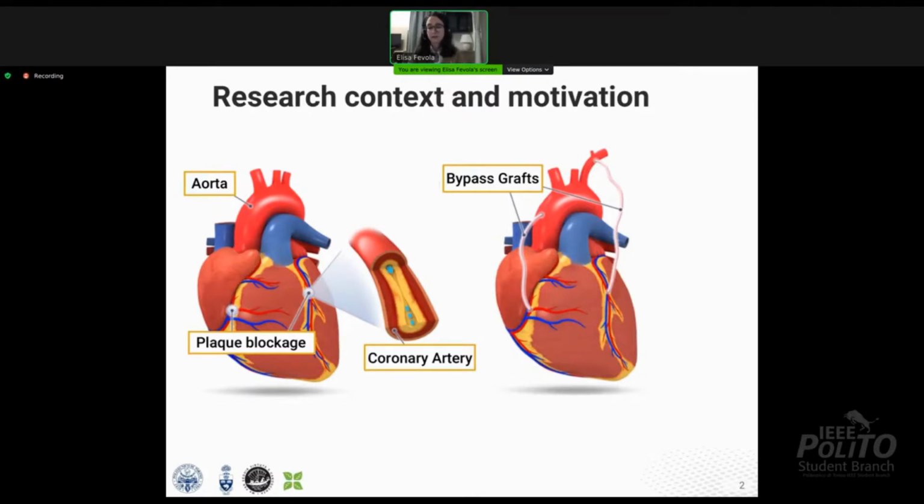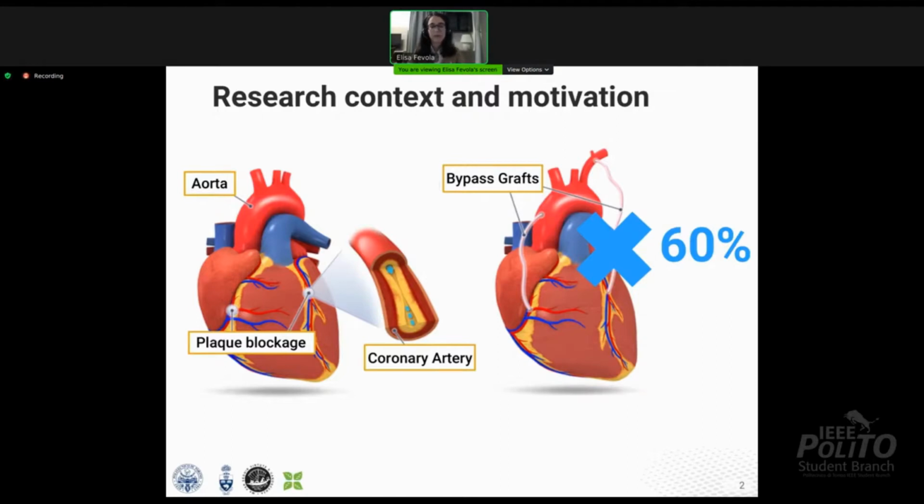However, data show that up to 60% of grafts fail to work some years after surgery. And the reasons behind such failures today are still unknown. So what we want to do is to use computational fluid dynamics to investigate the mechanisms behind graft failures. As you can imagine, this problem is quite complex, so there are many steps and many actors that come into